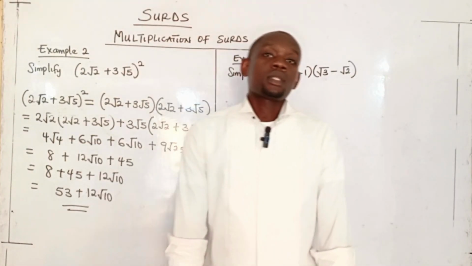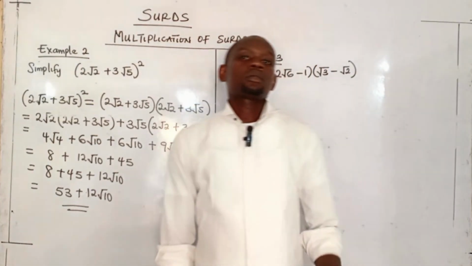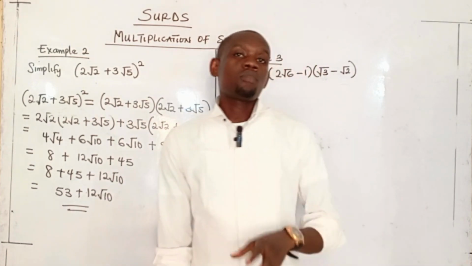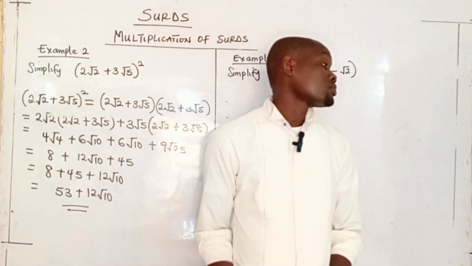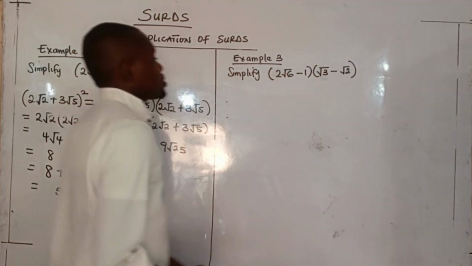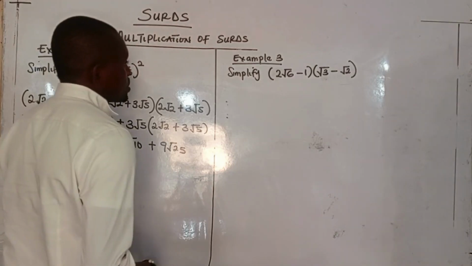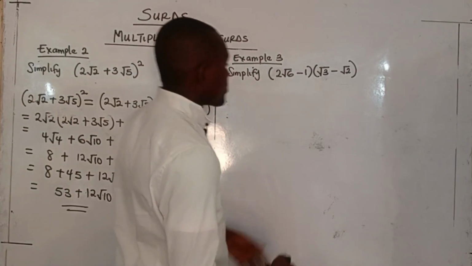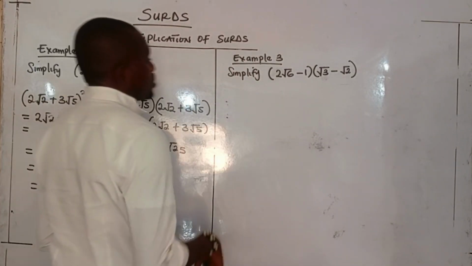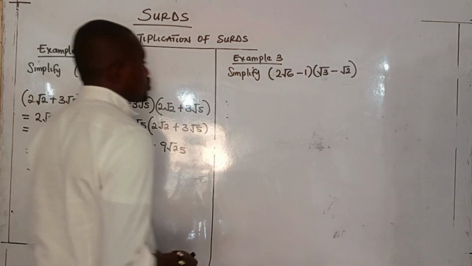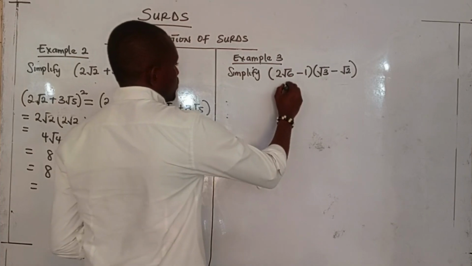All right, now let us take a look at the last question on multiplication of surds. What we have on the board, we are asked to simplify 2 root of 6 minus 1 in one bracket. Then in the second bracket, we have root of 3 minus root of 2. So if we are to look at it,